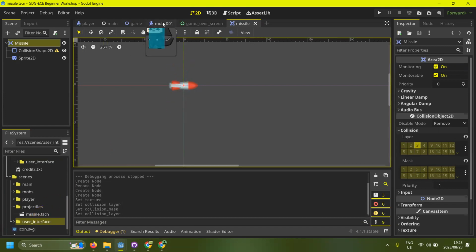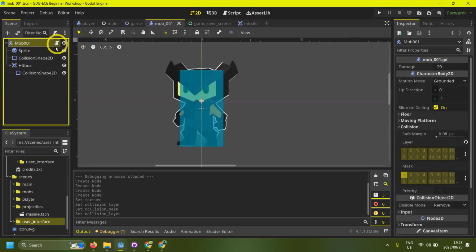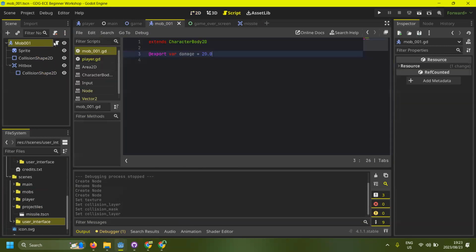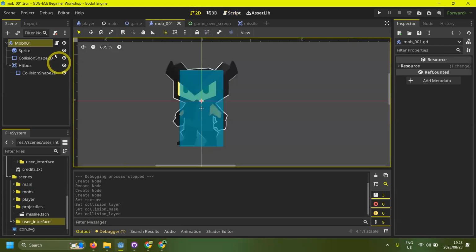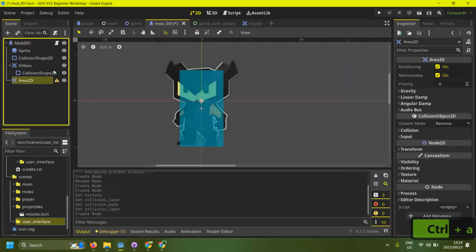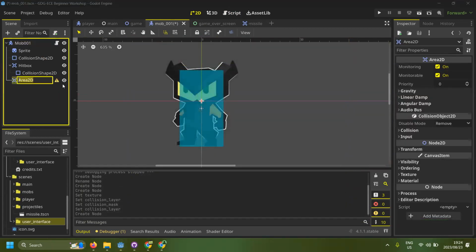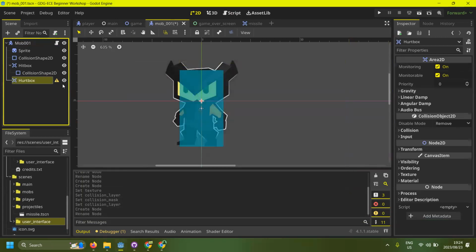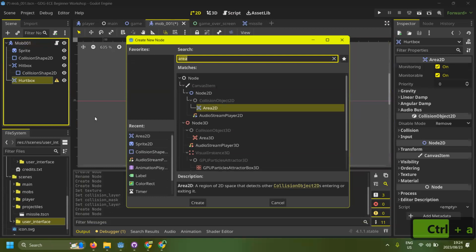Okay, then in the missile scene, you want to define a hurt box. Currently, it only has a hitbox to damage the player, but now you want to give it its hurt box. To do that, if you know the drill, you will be familiar that you need to add an Area2D. It will complain again. So we rename it to be hurtbox to distinguish it from the hitbox. We will add the collision shape